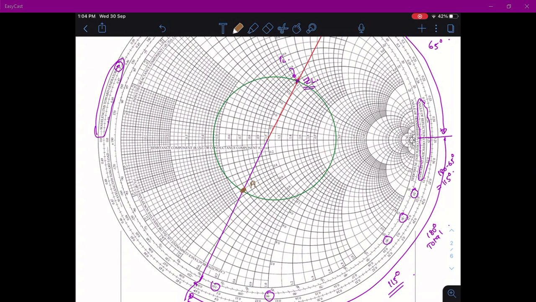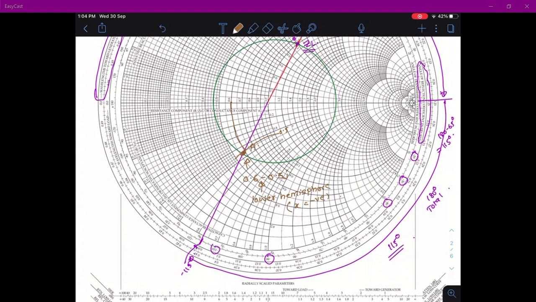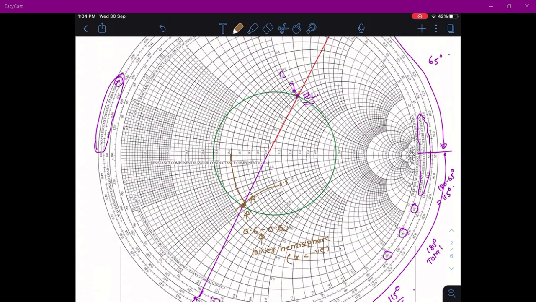If you want to find the impedance at this point, it might be approximately like 0.6 coming here, and there is one coming here which is like 0.5. So the impedance here is 0.6 minus 0.5 j. Why minus? Because you are in the lower hemisphere. Remember, lower hemisphere means X is negative. Okay, so this is an approximation, I haven't drawn it accurately, but this is how you measure the impedance at any point on the line.